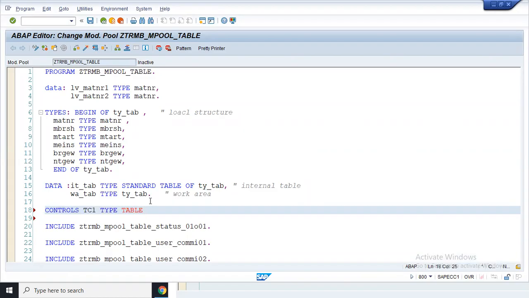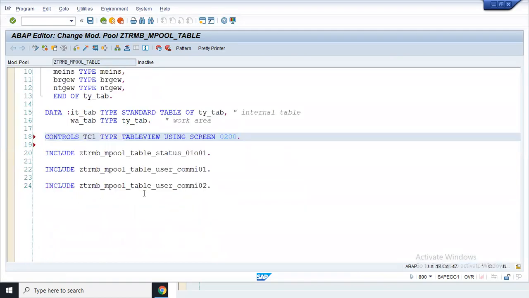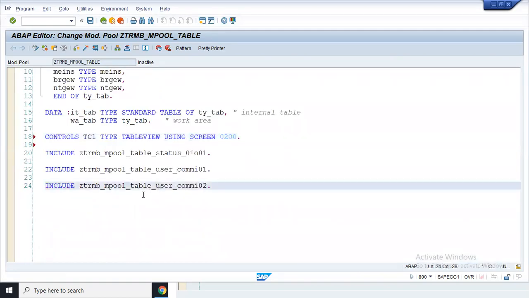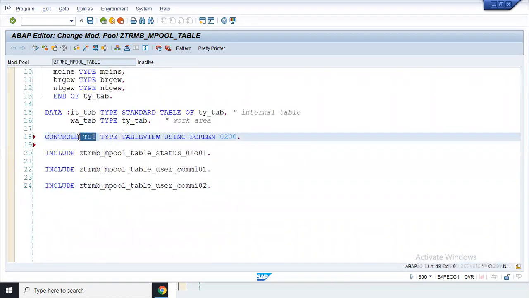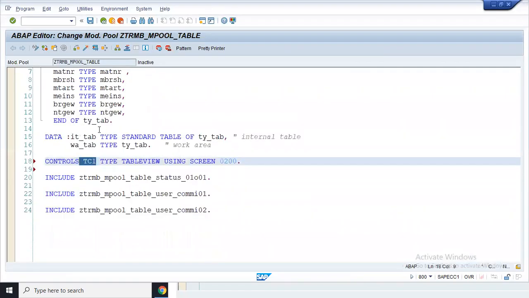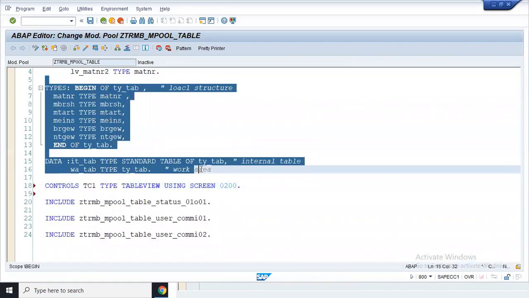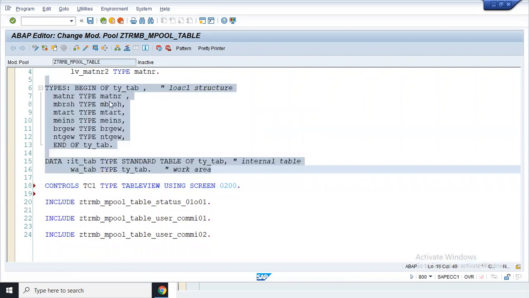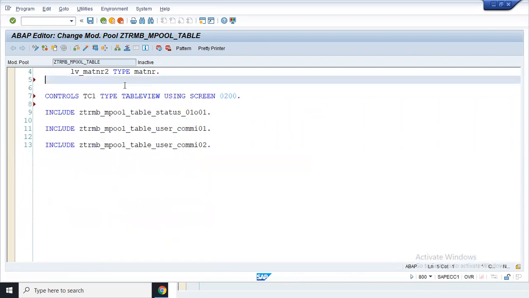Controls TC1 type, table view. What is the reason I have to declare? Because we are writing some code, the table control should be declared in the program also. Here also you can keep it, cut this and make it as